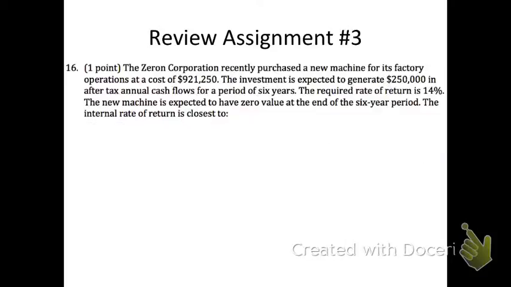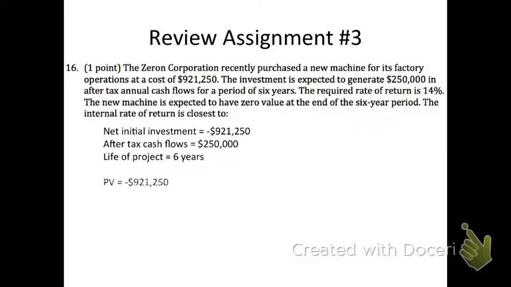So the way that I can set this up in my calculator is I say the present value, and actually this is the present value of an annuity. The present value is $921,250, and you either have to put the present value in as negative or the payments in as negative, because your calculator wants to know inflows and outflows. So one of these has to be an inflow, one of them has to be an outflow. It's just easy to put the initial investment in or the present value in as a negative. And so I put those in for 6 years, and then I try to solve for I, and your calculator should return a rate of 16%.